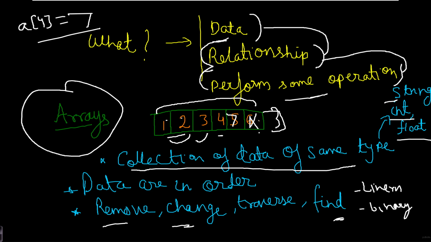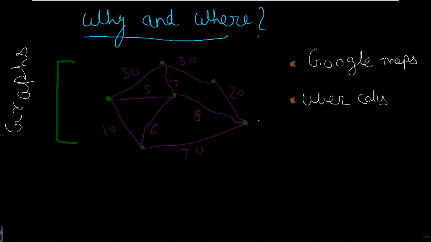So till now we understand what a data structure is, but now let us see where this is used and why it is so important. So here you can see the representation of this. If some of you know this, this is the structure of a graph, and you can just assume that this is one city, this is another city, and these all are cities, and we want to find the minimum distance from this given point to this given point.